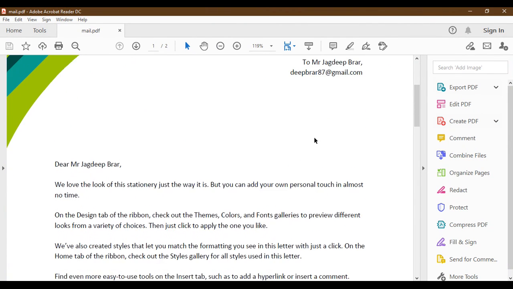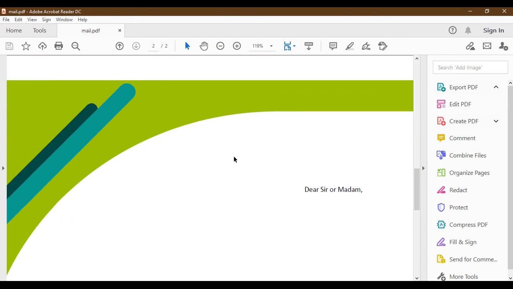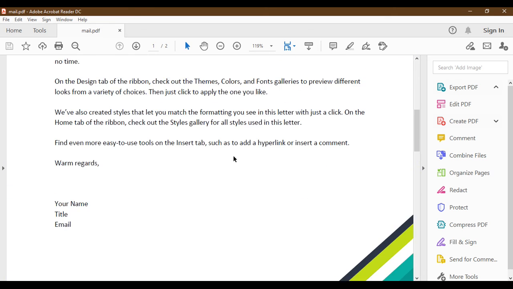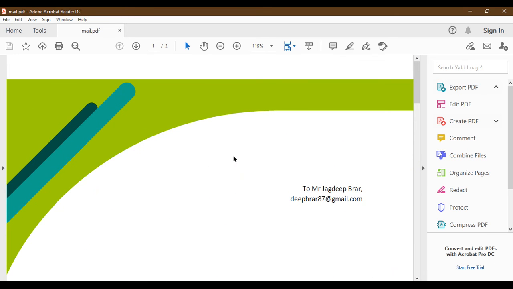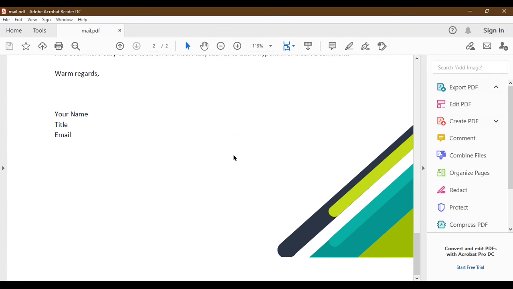Similarly, this is for another person. If there is more than one name in your data source, then it will create letters for all of them, and then you can take the printouts and send them individually, or you can send them with the help of the mail feature as an email.